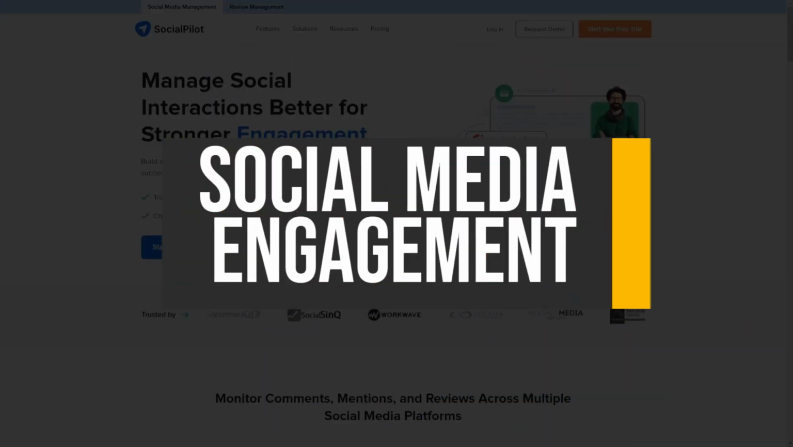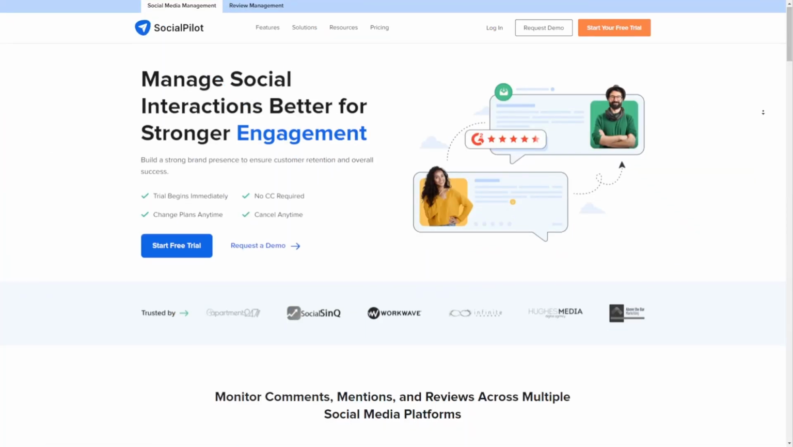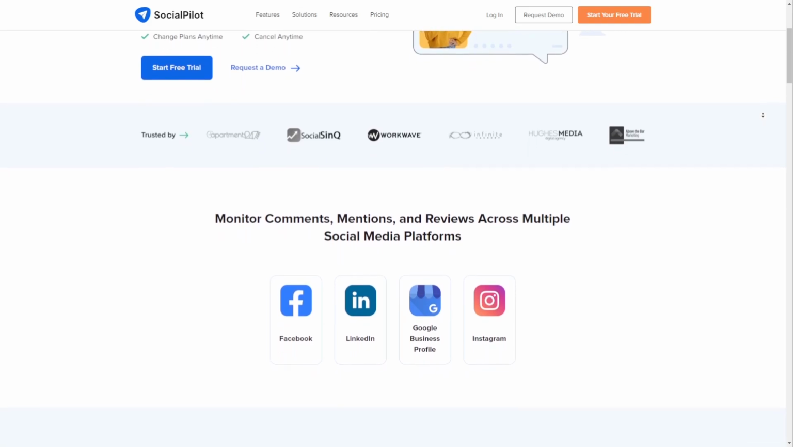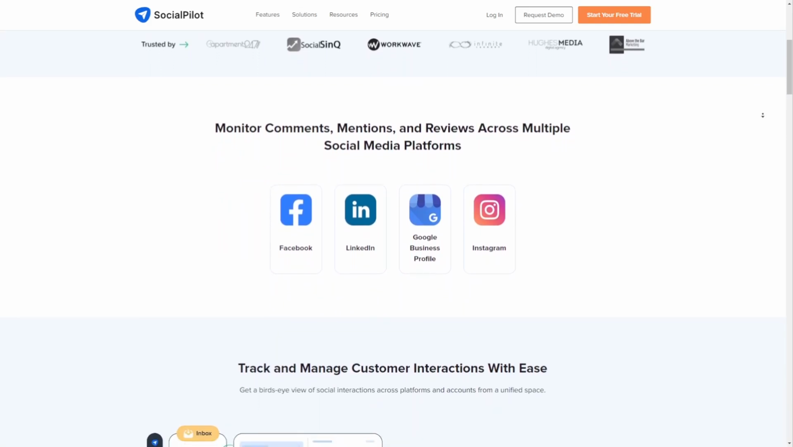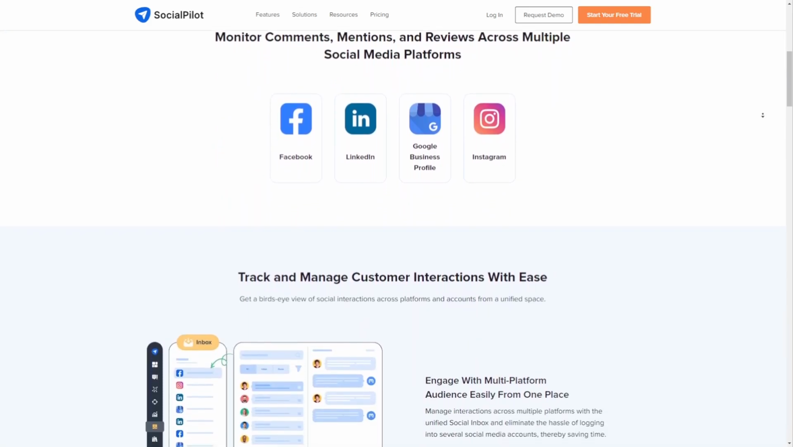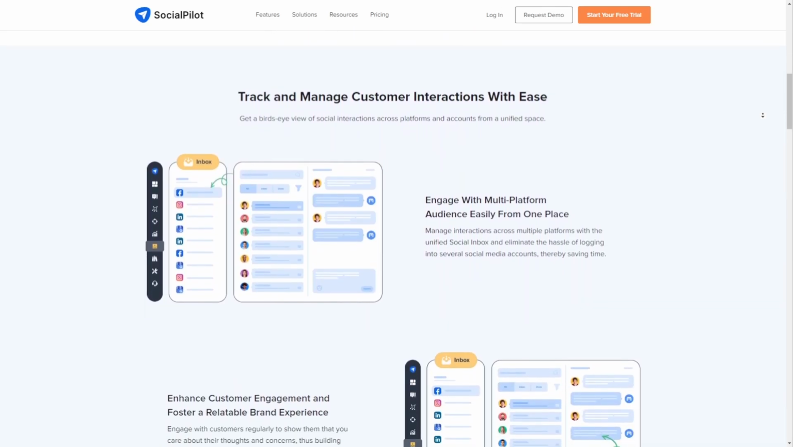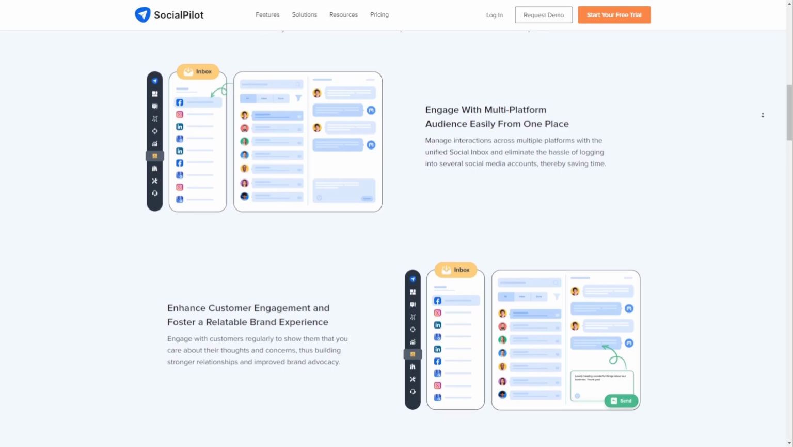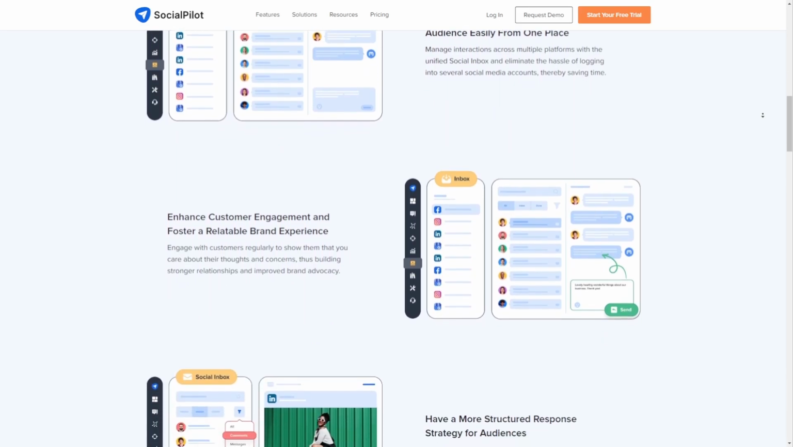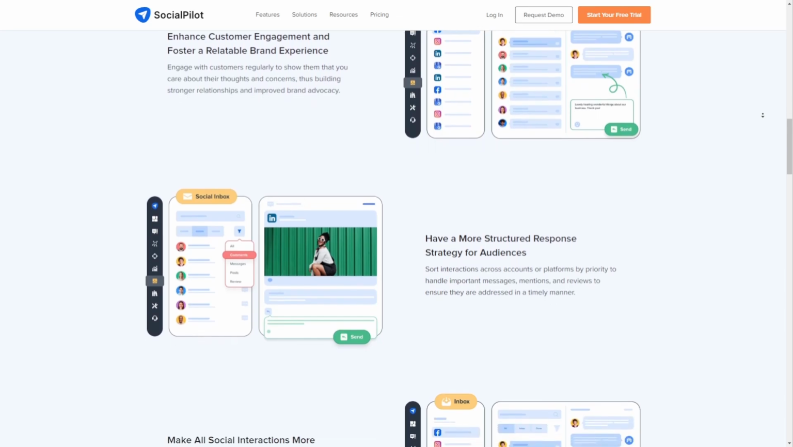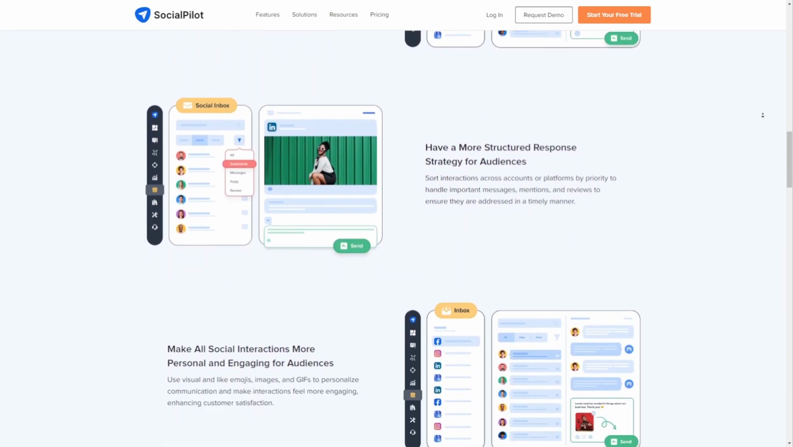Social Media Engagement. Social Pilot's social media engagement features streamline the process of managing interactions across multiple platforms and accounts. The unified inbox provides a centralized view of all social interactions, allowing you to efficiently handle important messages, mentions, and views. The priority sorting functionality helps you prioritize and respond to the most critical interactions, ensuring timely and effective communication